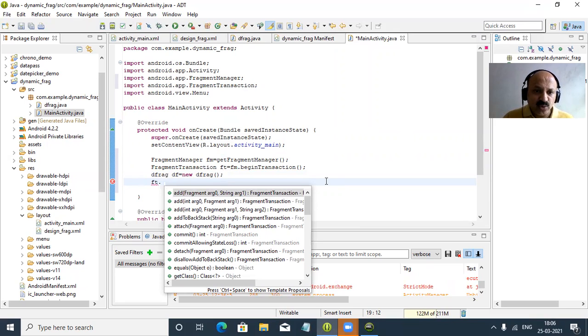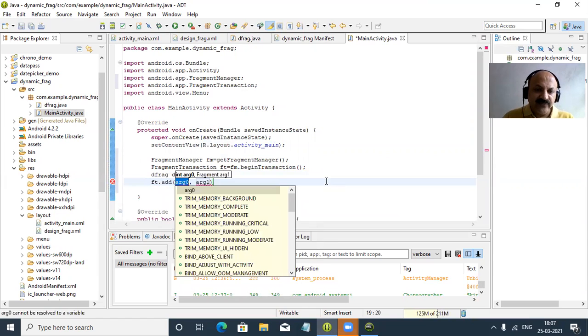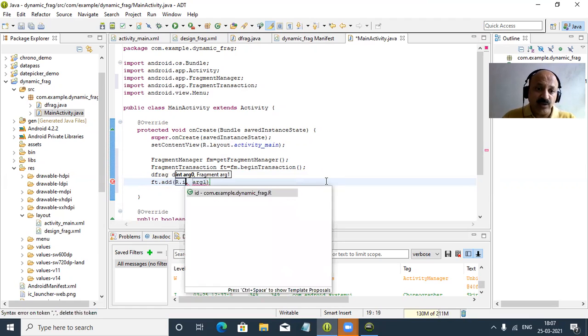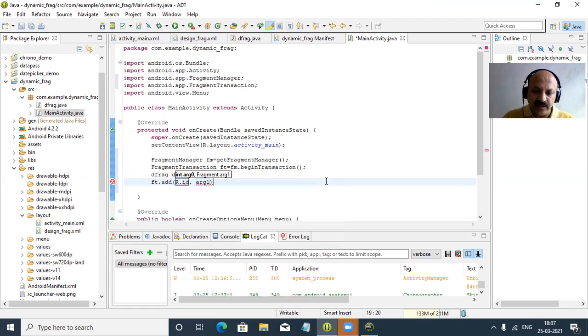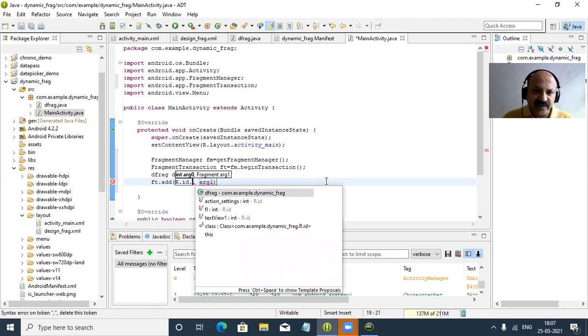And then what to do? First we provide the id. You can look here, the add method is overloaded. There are 3 versions. We take the second one, and first is the id. Where is the id? That is our frame layout, so R.id.fl. fl is the frame layout.